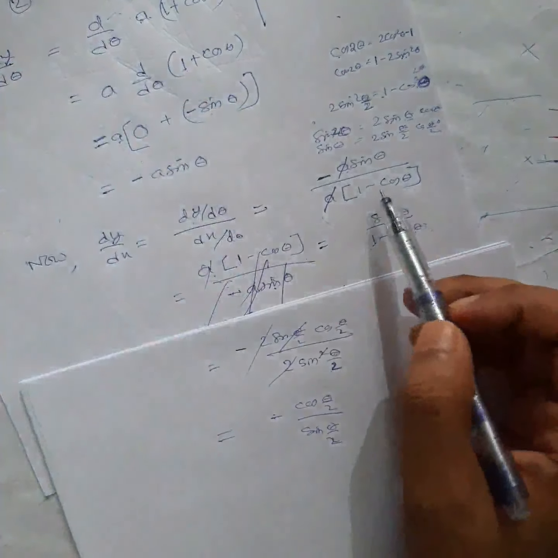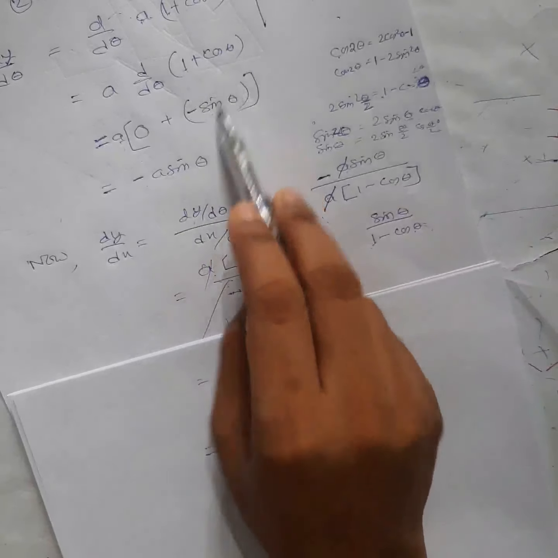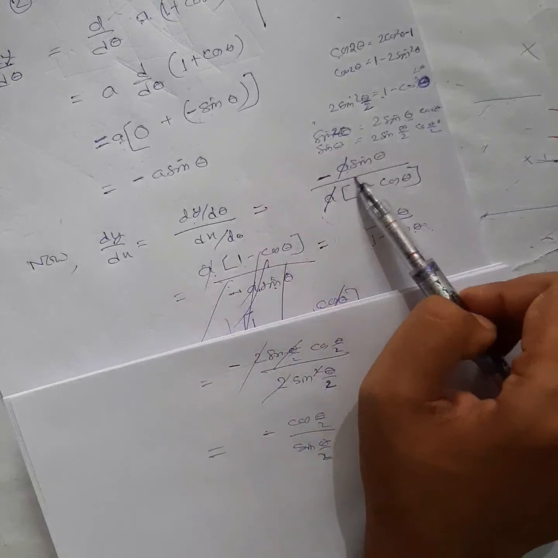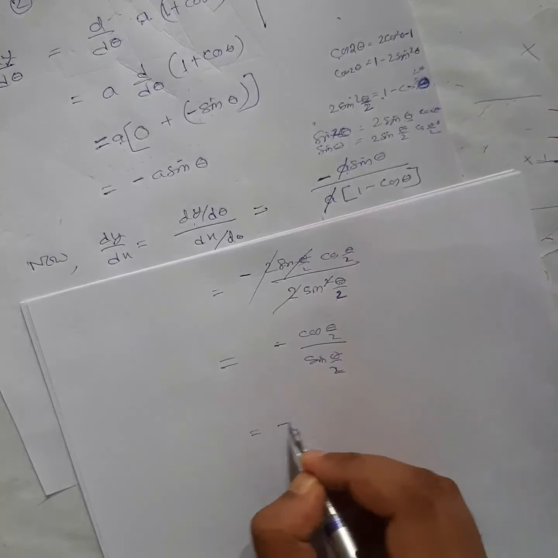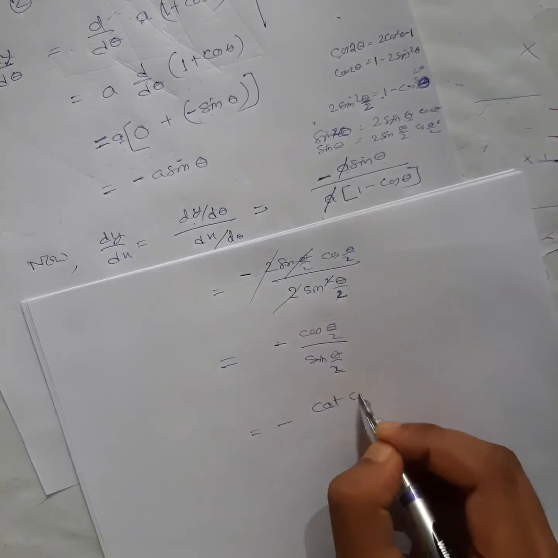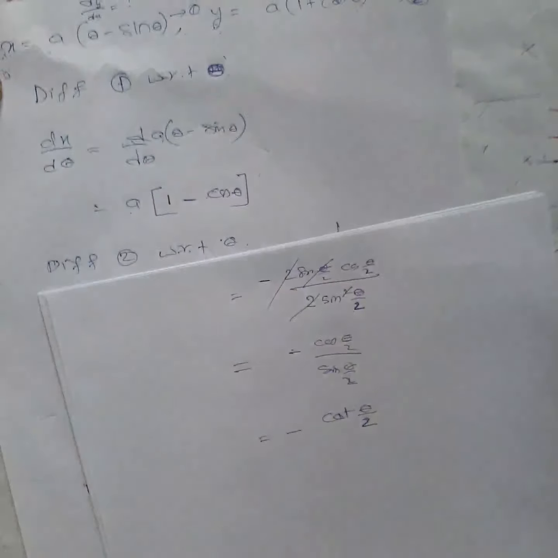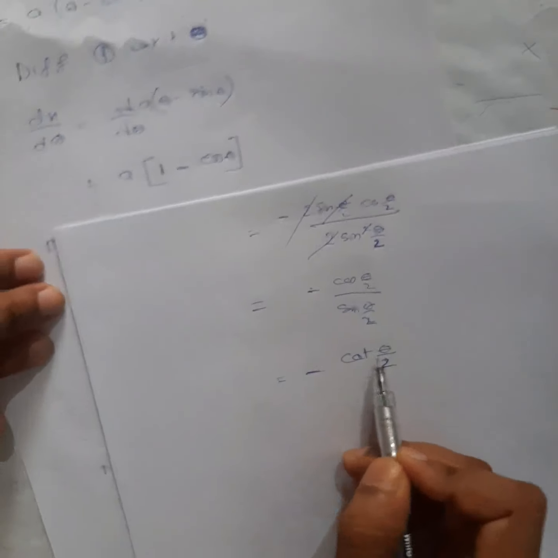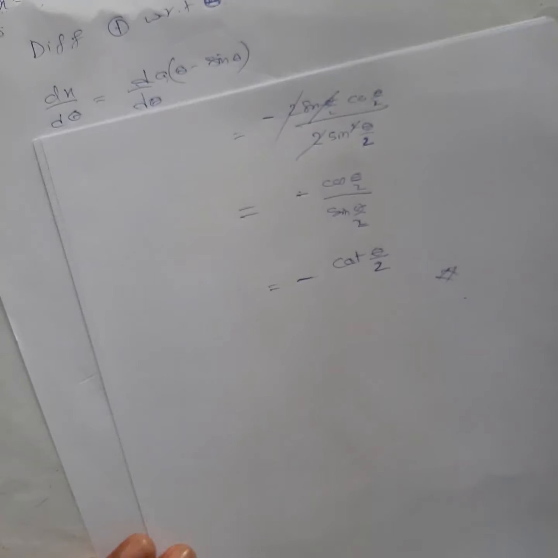If I make any mistake in sign, this will be co-family, so minus will come here. Okay, this will be minus. So this should be minus cot theta by 2. Let me cross check the answer. Yes, it's minus only, right? Minus cot theta by 2. Okay, so this will be our answer.